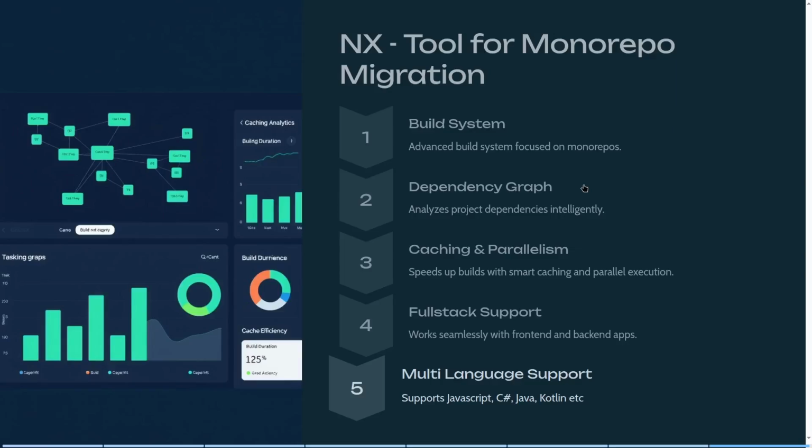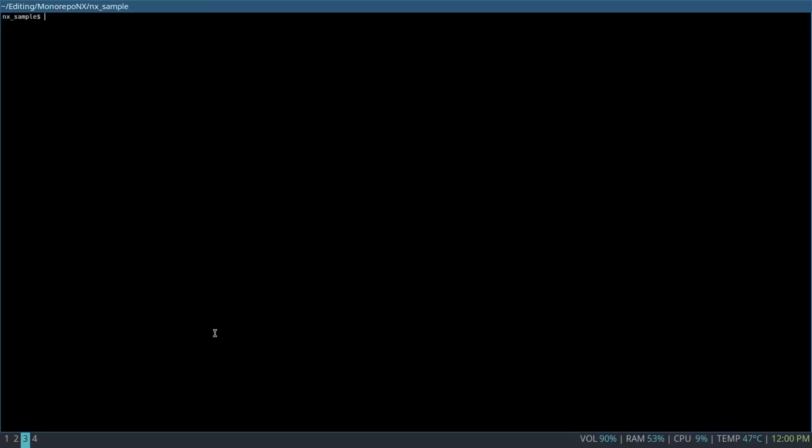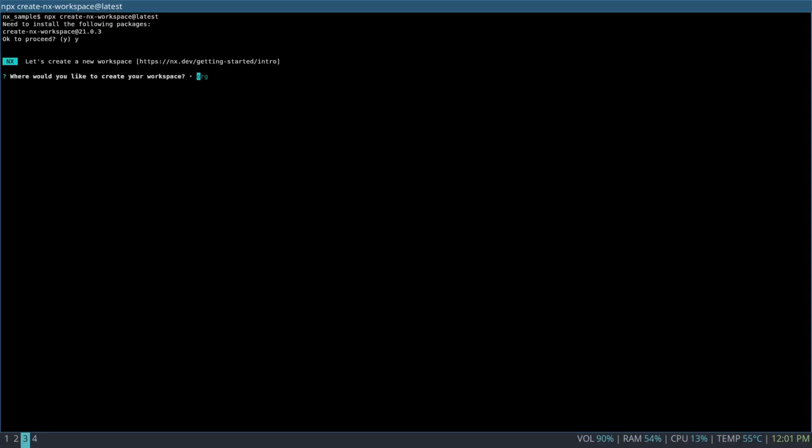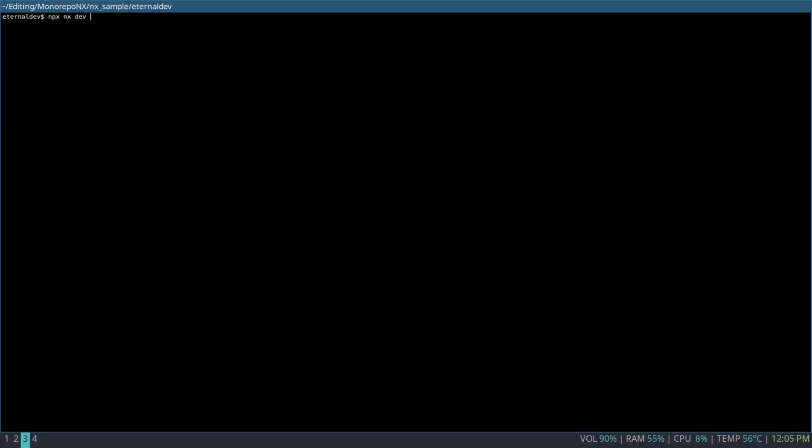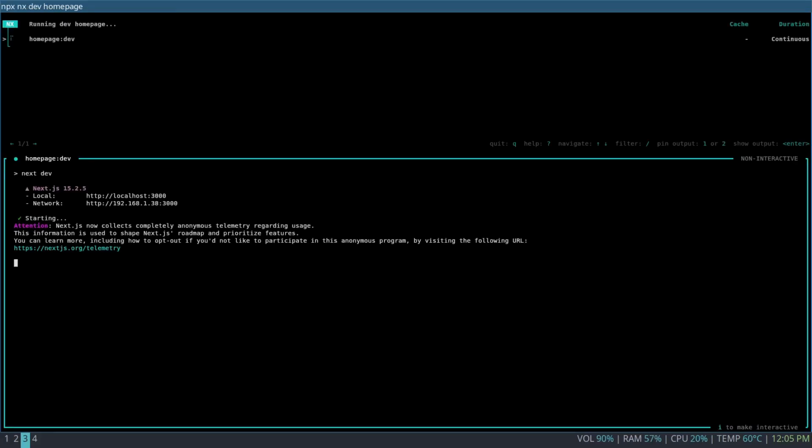So let's talk about how you can do a simple NX monorepo. So you start with your terminal, and you can install NX globally using npm install -g nx. Once it is installed globally, then you can create a new workspace using npx command. So npx create-nx-workspace@latest and the name of your repository. There it will let you choose your stack. You can choose between multiple stacks like React, Next.js, or Express. Once you are done with that, then you can generate a new application using nx generate command, and you can directly run that using nx serve and the application name. Once you have done that, you should see the project live and you are ready to get started with your